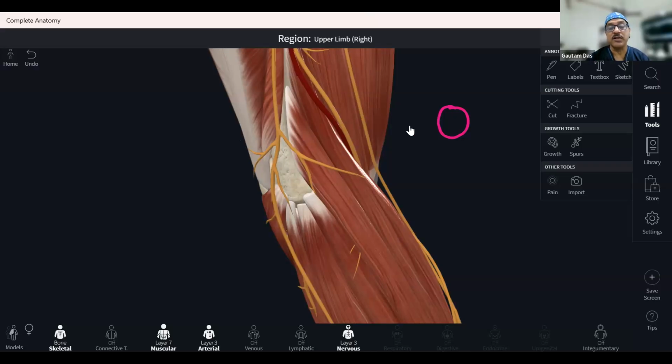So next two muscles, second compartment muscles, are what? Extensor carpi radialis longus and extensor carpi radialis brevis. So this is extensor carpi radialis longus and extensor carpi radialis brevis. Extensor carpi radialis brevis is a big muscle, and it is the most superficial, and